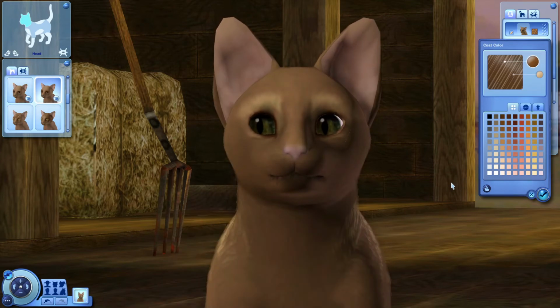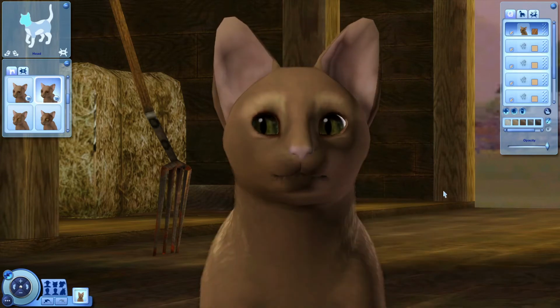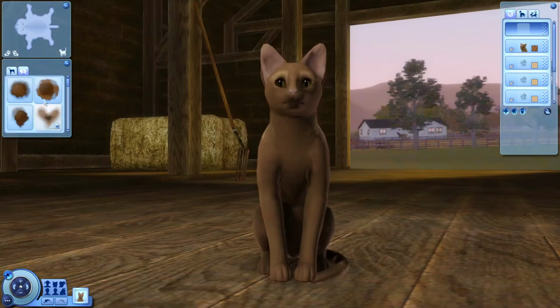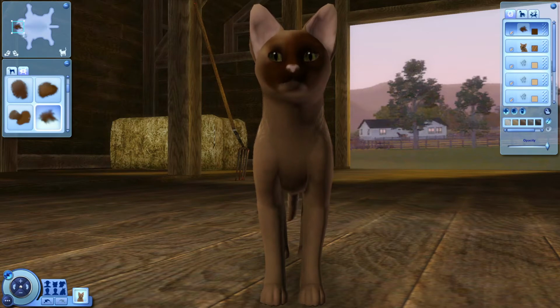Maybe I'll change up the eye shape and see what that does as well. Kind of want to do something on the nose as well. Let me get a little splotch on the nose, like if I pull this down to here. Up here. Come on. Okay. I can also...